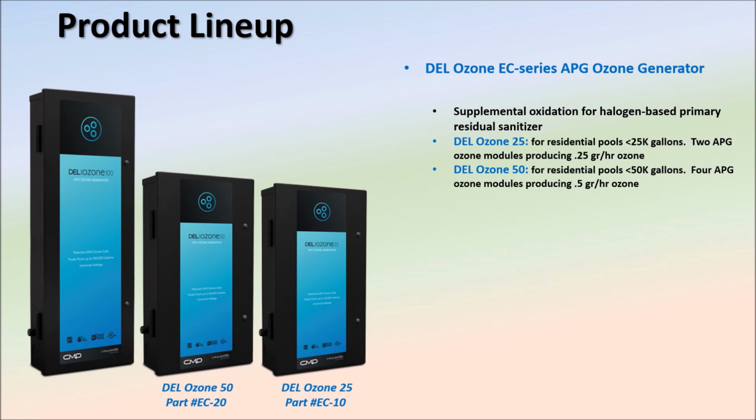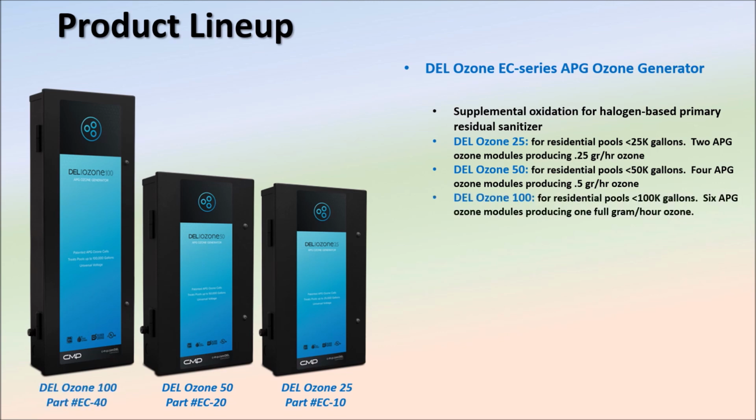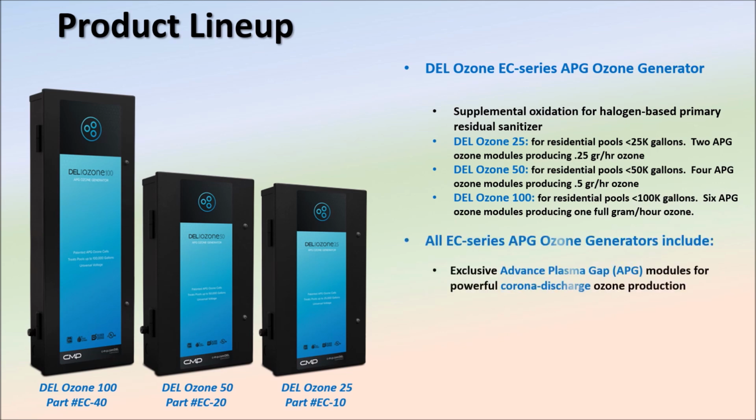And, you guessed it, the Dell Ozone 100 is sized to handle the oxidation requirements of any residential pool up to 100,000 gallons and houses 6 advanced plasma gap corona discharge ozone modules producing a full gram of ozone per hour. In addition to APG ozone modules, all Dell EC Series ozone generators include 110 to 220 volt auto-sensing voltage